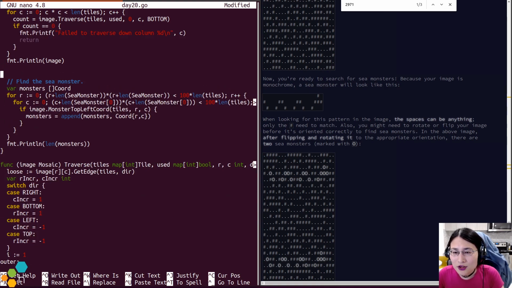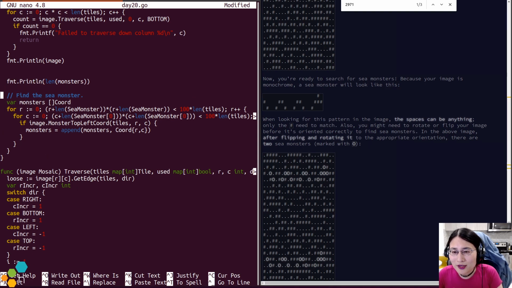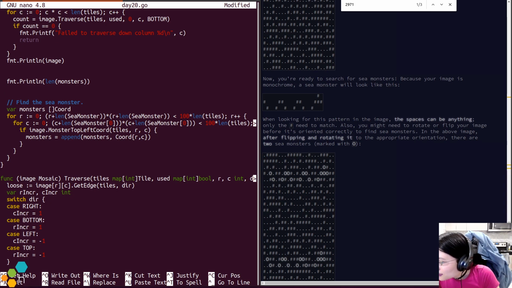Just define a function here really quick. I know I'm going to want that as well. So now from int to tile.